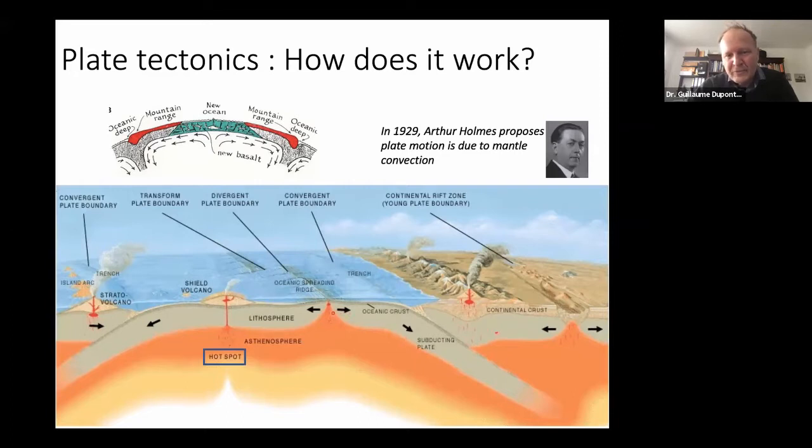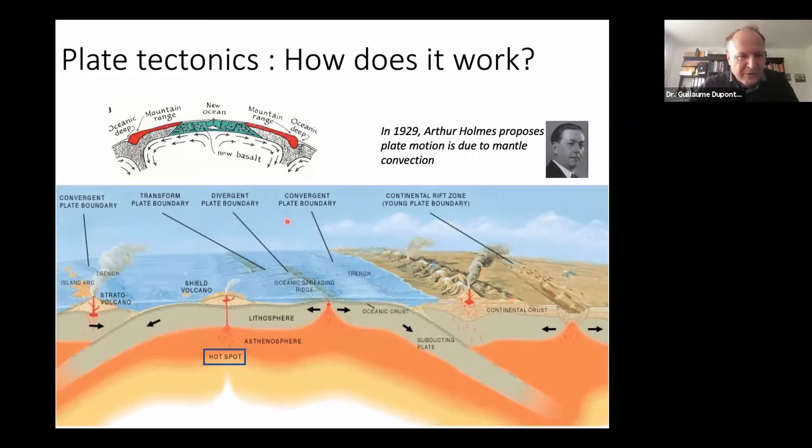And as you go further away from the spreading ridge, you get older and older crust, and it gets heavier and heavier. And so your plate becomes heavier, and it will sink into the mantle. Okay, this is what Alice really nicely explained with the subduction zone. And then when it goes down, it starts to melt again and warm up again as you go towards the center of the Earth, and then as it gets warm, it goes around and will go up into the spreading ridge. Right? I think most of you already know that.